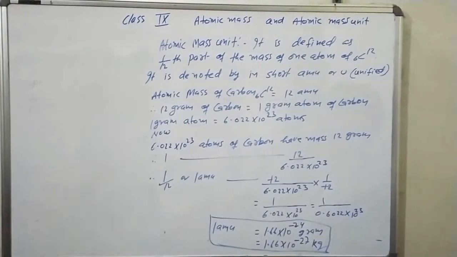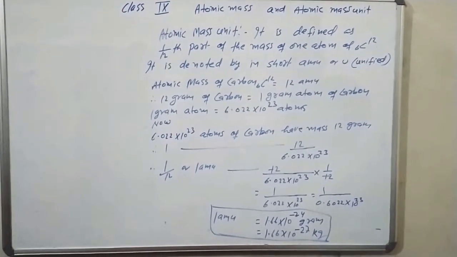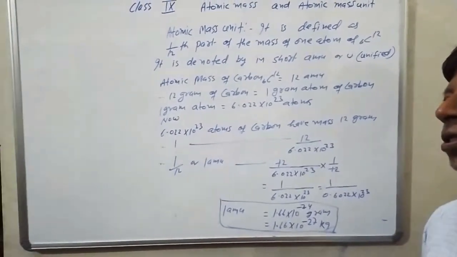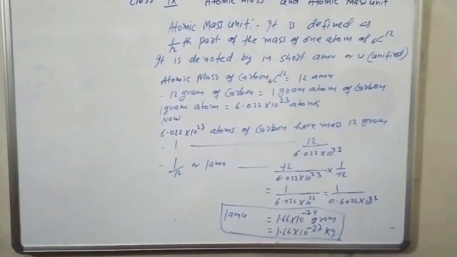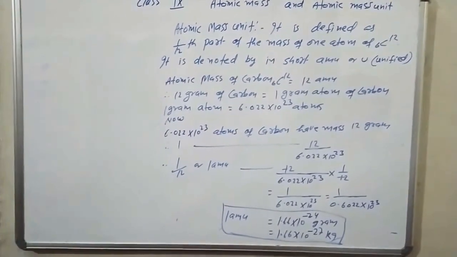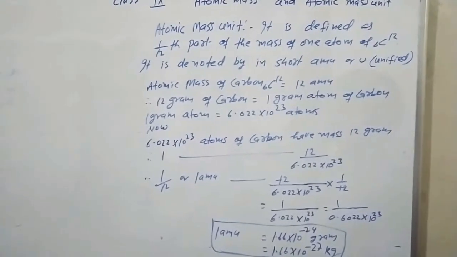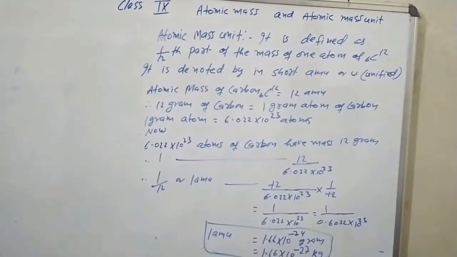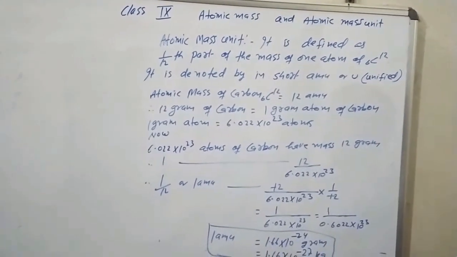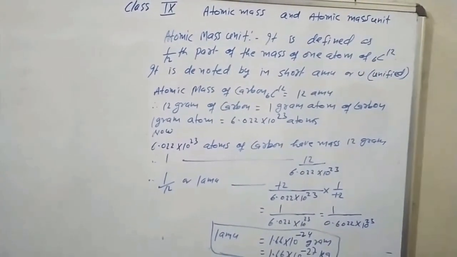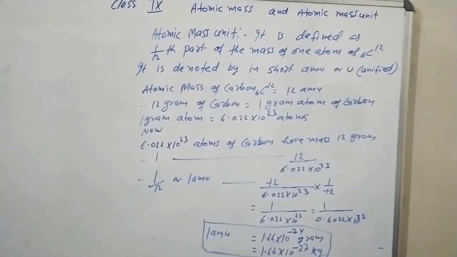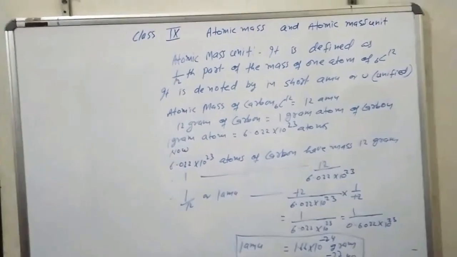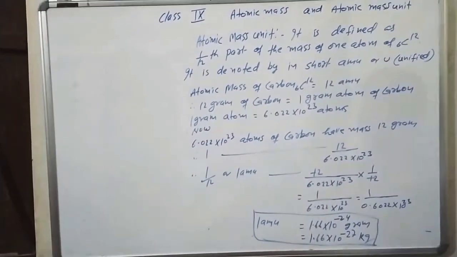Atom is a very small particle of the matter, and to measure the mass of the atom, some units have been given, and from all these units, one mass unit for the atomic mass that is selected is the mass of